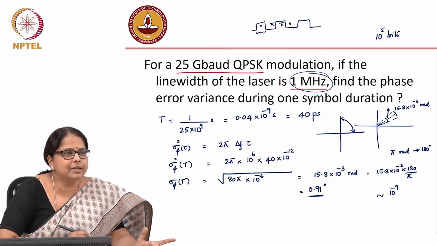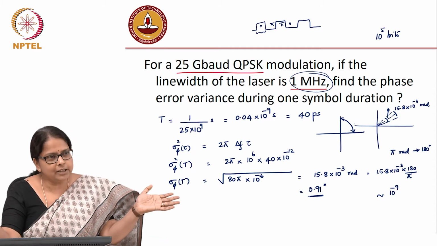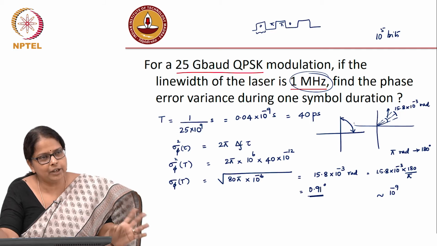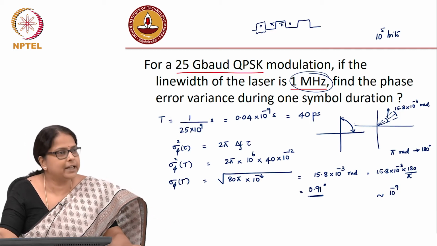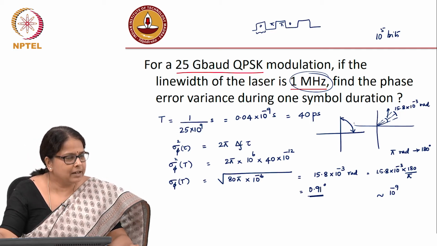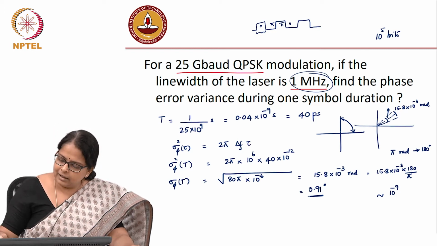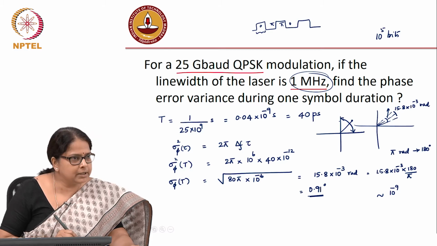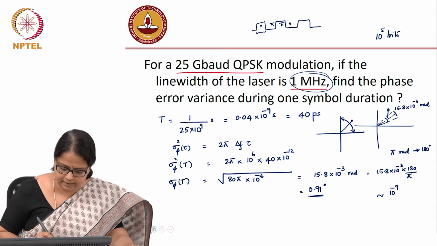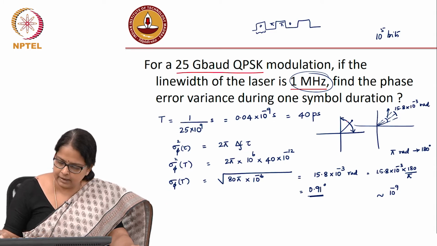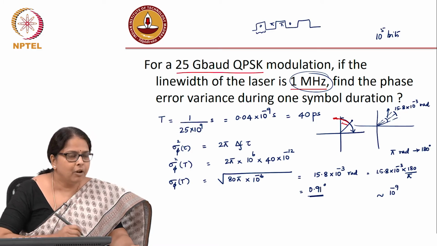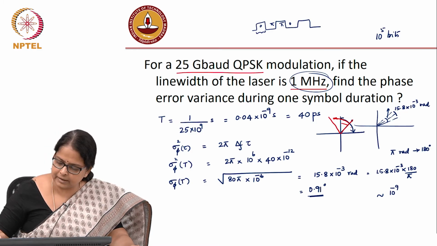After 50 symbols, if you just let it go without doing any kind of correction, and it is hard to take care of because it is happening at the laser, the symbol which was supposed to be transmitted here, in fact, not even 45, I should look at when does a symbol cross the constellation decision boundary? When it crosses 22.5 degrees. Or if you say that I can accept this, or this, as my allowed